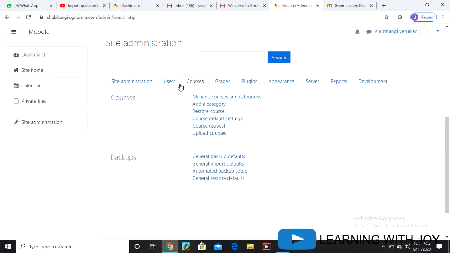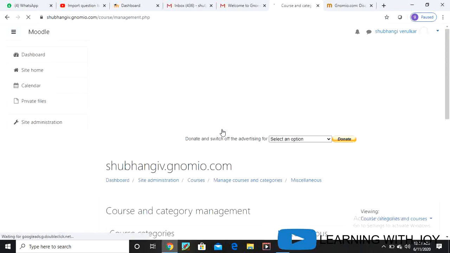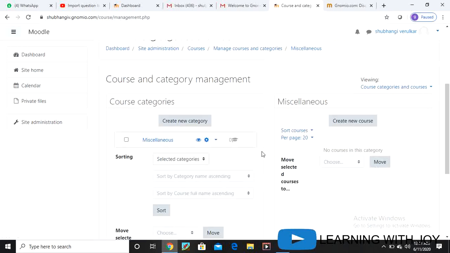We have a lot of options here. So we will click manage courses and categories. Now we want to create our new course category.